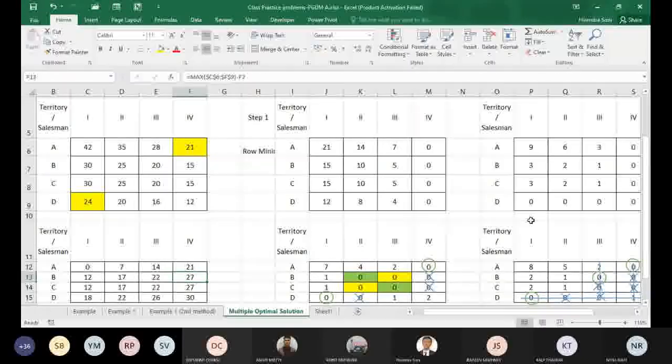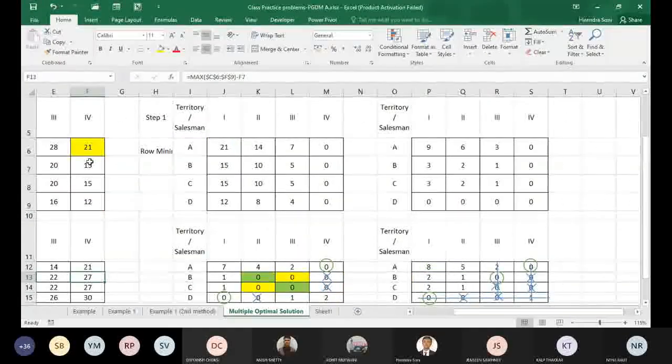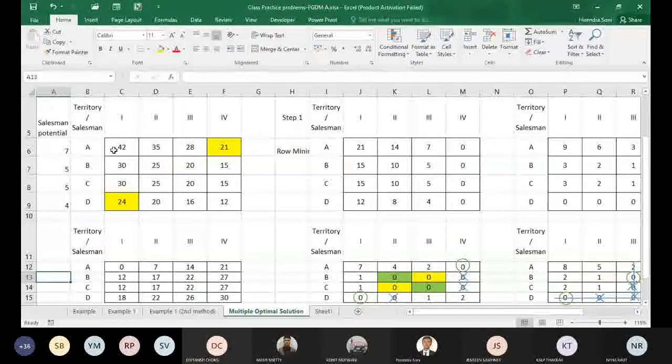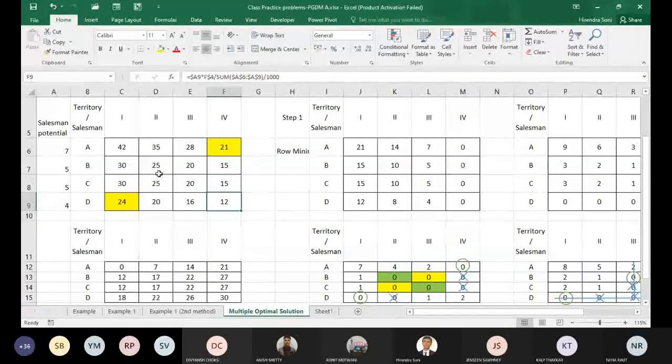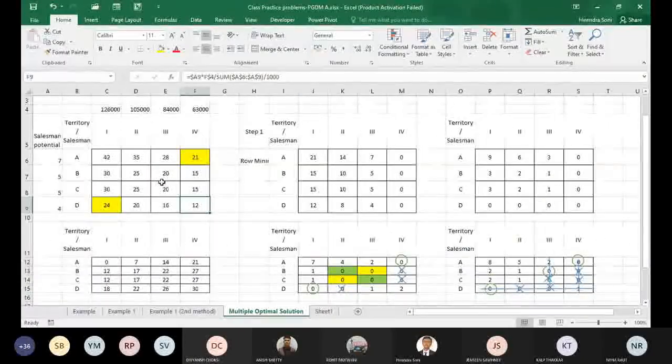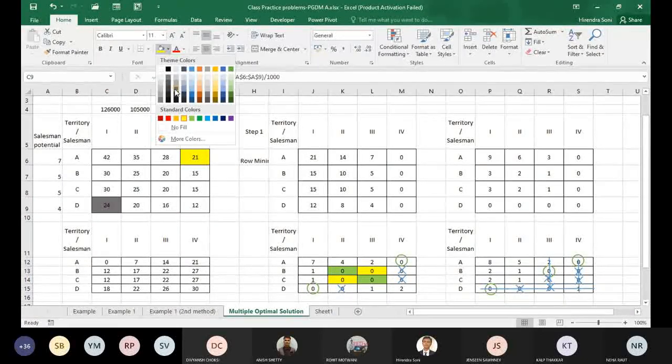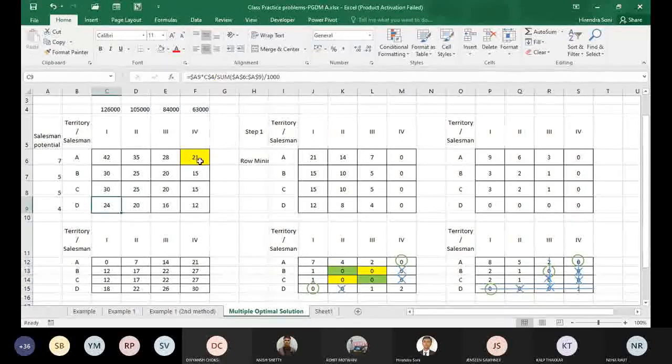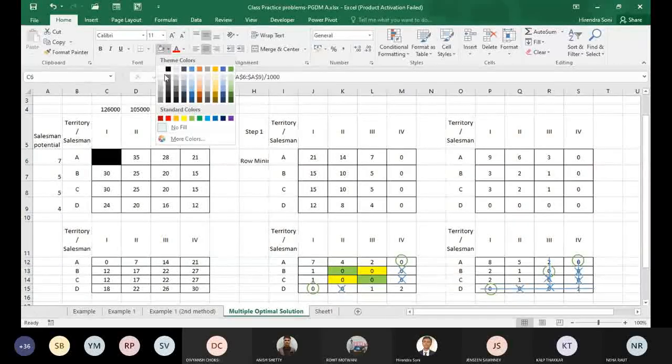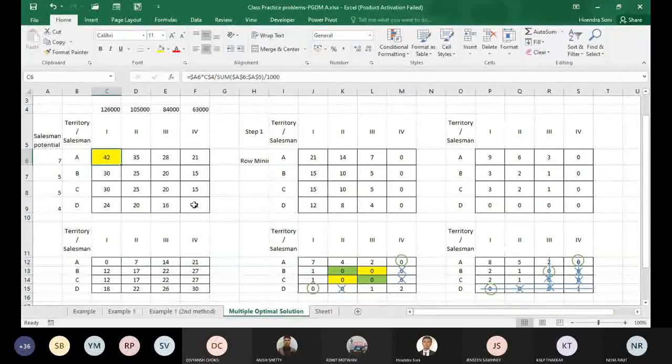Then your allocation will actually not be on these corner cells, but on these cells. 42 and 12, and these two, 25-20 and 25-20. So then it will not be this. It would be this. The final solution you will get is,